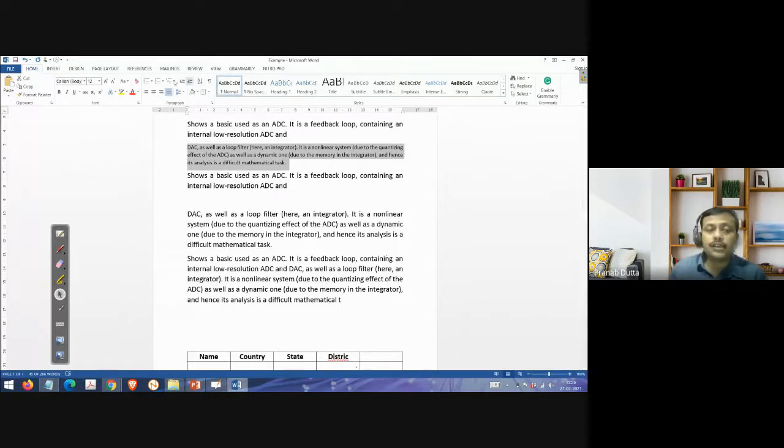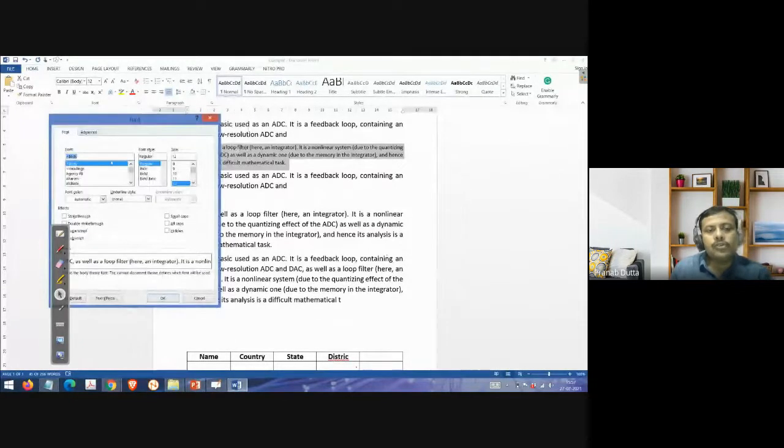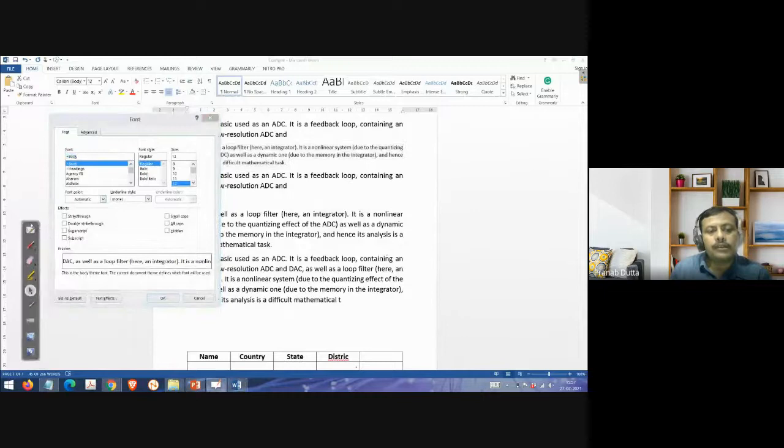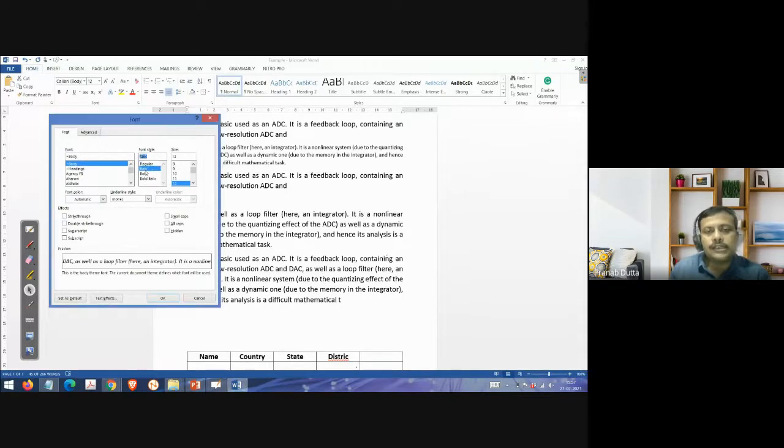Right. This we can also do with the help of the Home tab. You go to the Home tab, then to the Font group, then click this icon. Right. So one window will open there. Here also I can change it. What type of font style: regular, italic, bold. So I can easily change it.